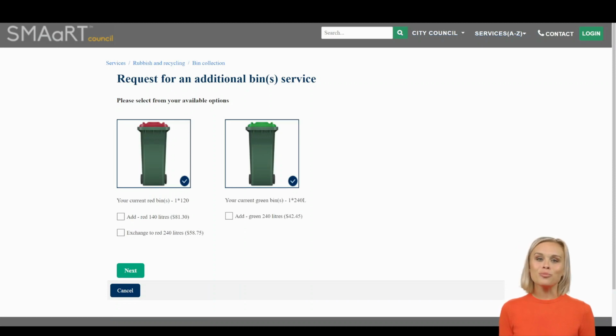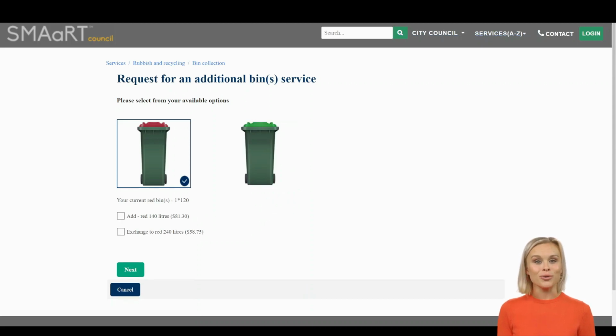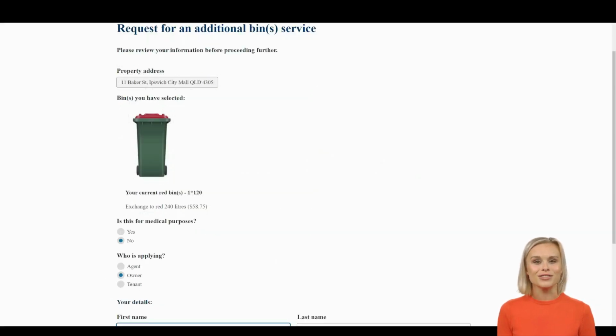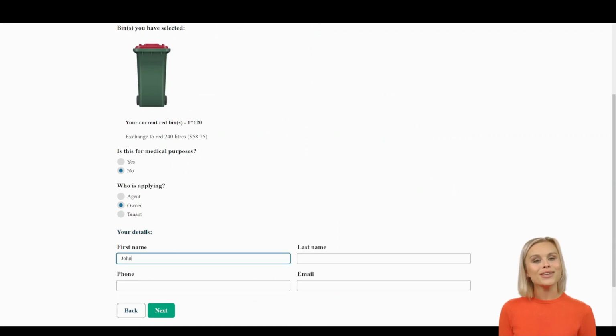By linking bins to a property, council can increase data quality, and as a result, ensure customers follow restrictions on bin types and sizes. In this case, John has reached his cap on yellow bins, and therefore can only select red or green bins. Once confirmed, John can then read and agree to the terms and conditions, review his selections,